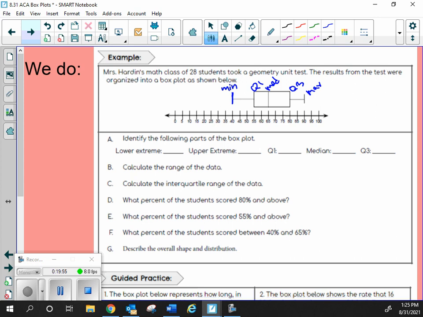And it's the same reason as before. The actual scores between Q1 and the median are probably just a lot closer together. It could be like 55 and 65, so those numbers are closer, versus these numbers that are more spread out. The grades themselves are just more spread out. We'll practice this a little bit more and get more comfortable.